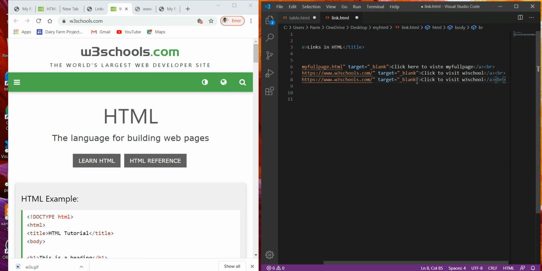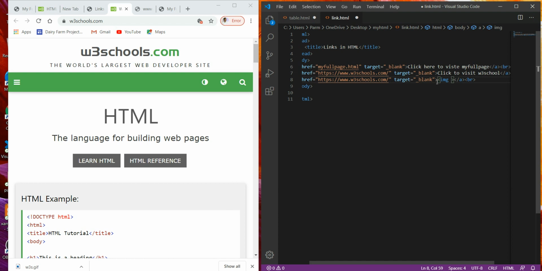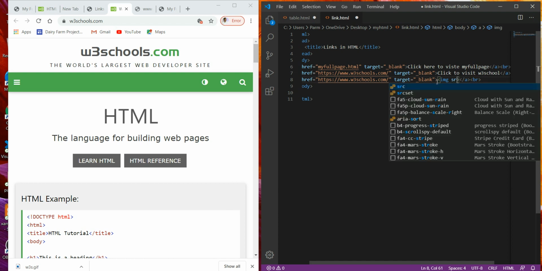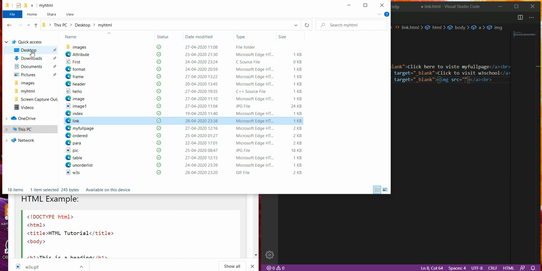But instead of this text, I want to use an image over here. So for that I have to use img. In the img I have to give the source. In the source we have to give the location of the image that we want to insert over here. I have already downloaded one on the desktop.